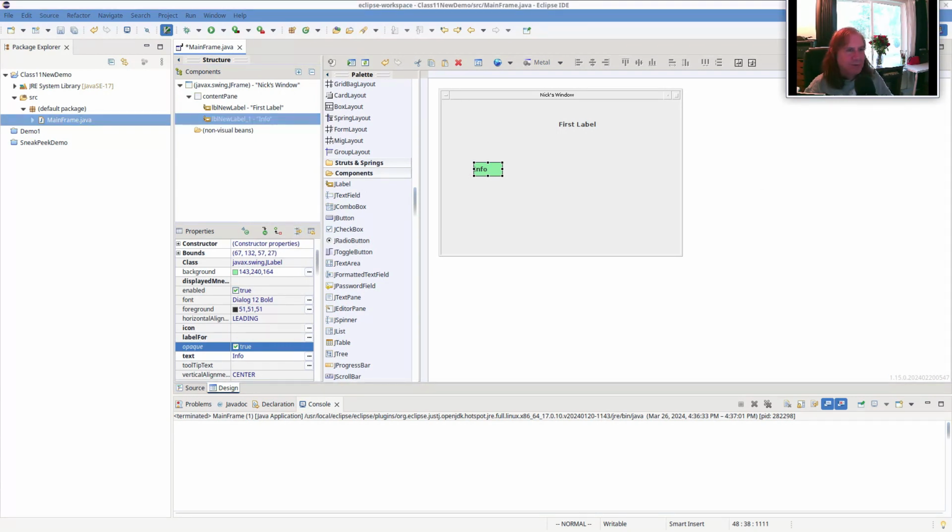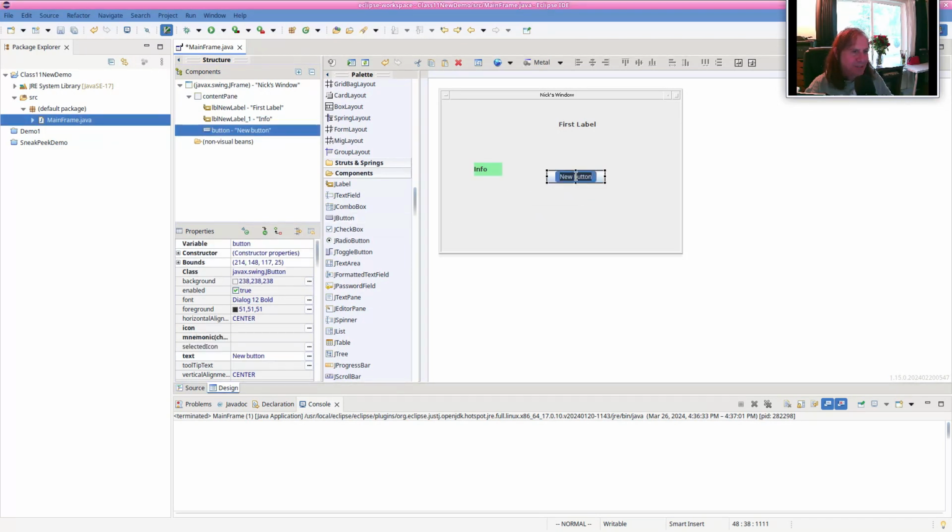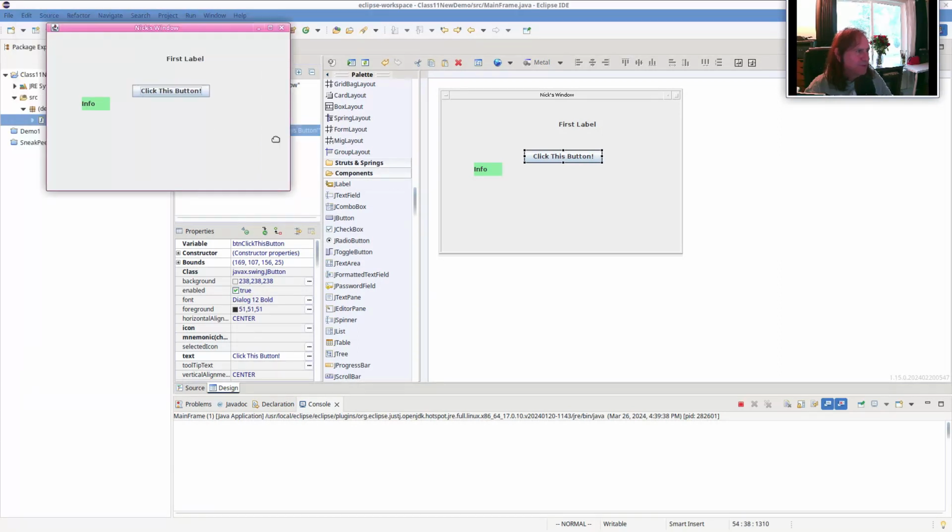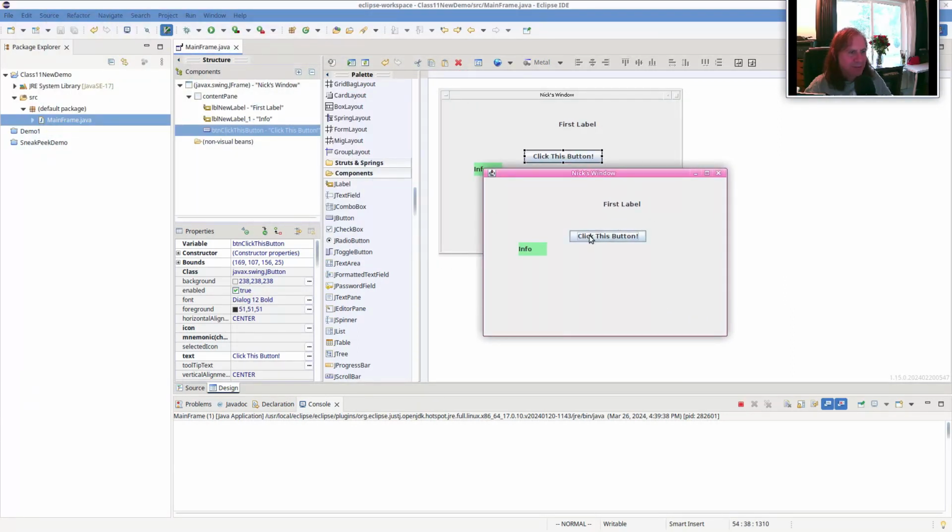All right, so let's try a button, right? Let's take a JButton and drop it in here. And by default, it highlights the text. And so we can just type, click this button. And I can make this bigger so that we can read the text. And I can move this around wherever I want. And if we run this, we've got a green label, and we've got to click this button. We can click it, we can hit the space bar if it's selected and click it, but it doesn't